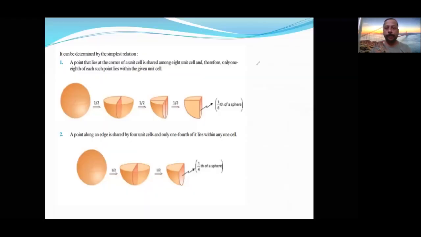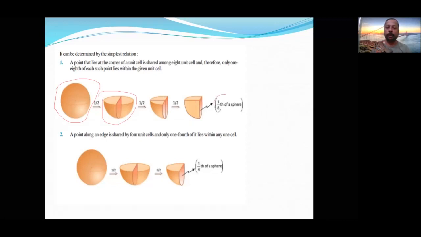Now, after repeated studying, people are still not getting an understanding of the contribution. This is how the contribution is given. This is a complete sphere. This is the complete lattice point. It is divided into first half. This is called a hemisphere, half sphere. Okay. Now it is further made into two parts. So these are the two parts. Okay. Now this part is further divided into one more part.